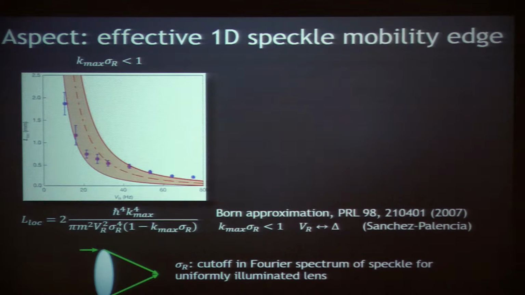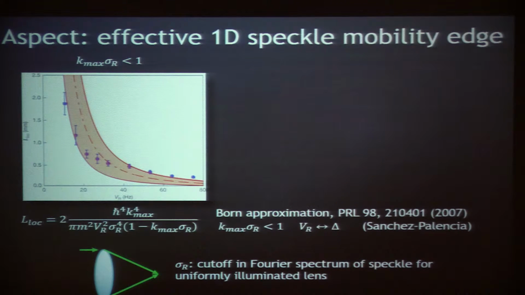And one thing that's funny in the system, this is funny for two reasons, is that if you think about it, let's say you have a lens you're using to make the speckle, and it's uniformly illuminated. Well, there's a maximum angle here that happens where the rays can come in from the edges of the lens and interfere. And that means in the Fourier spectrum of the disorder, the spatial Fourier transform of the disorder, that there's actually a cutoff in spatial frequency. Because you can't have a feature that's smaller than what you get from interfering two rays like this at